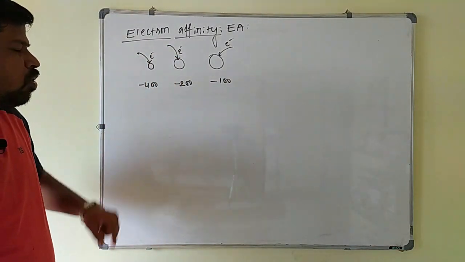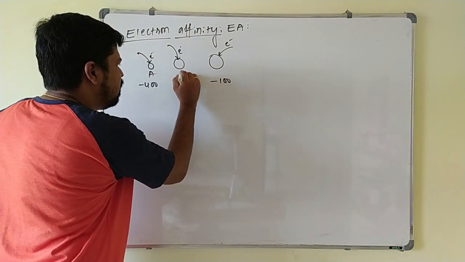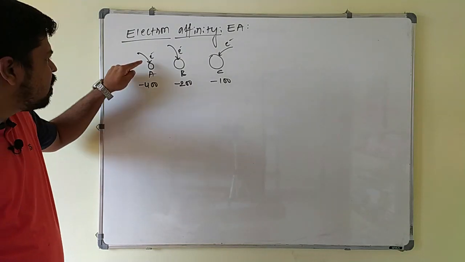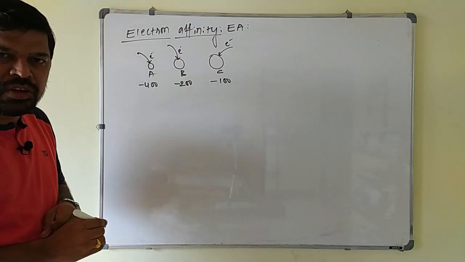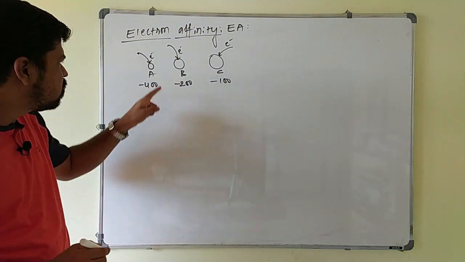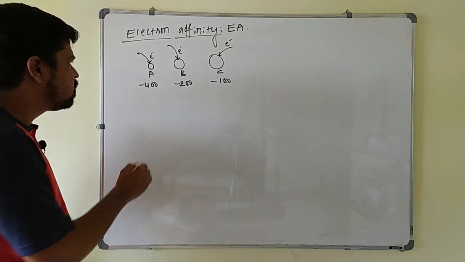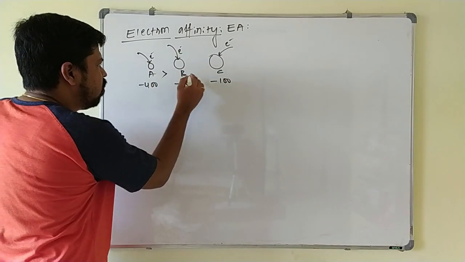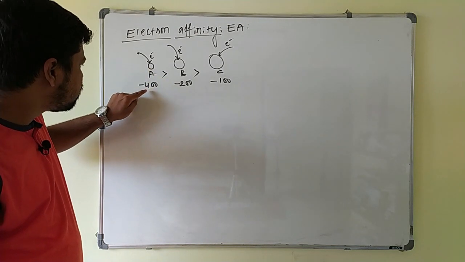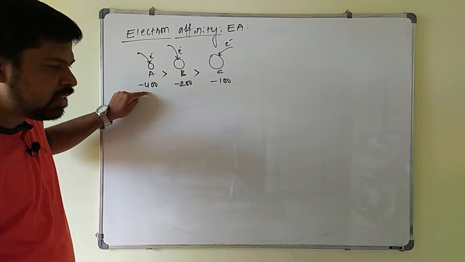So which atom is giving out more amount of energy here? Atom A. I will take it as A, B and C. So more the amount of energy given outside by the atom, more is the tendency of the atom to gain the electron. So electron affinity is what? It indicates the tendency of the atom to gain the electron. So atom A gains electron more readily because it is giving out more amount of energy. So the electron affinity is in the order of what? A greater than B greater than C here. So negative sign indicates what here? Negative sign indicates the amount of energy given outside here.